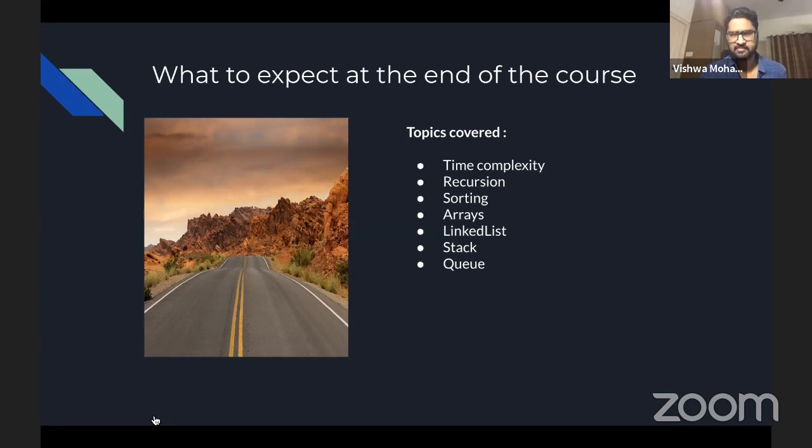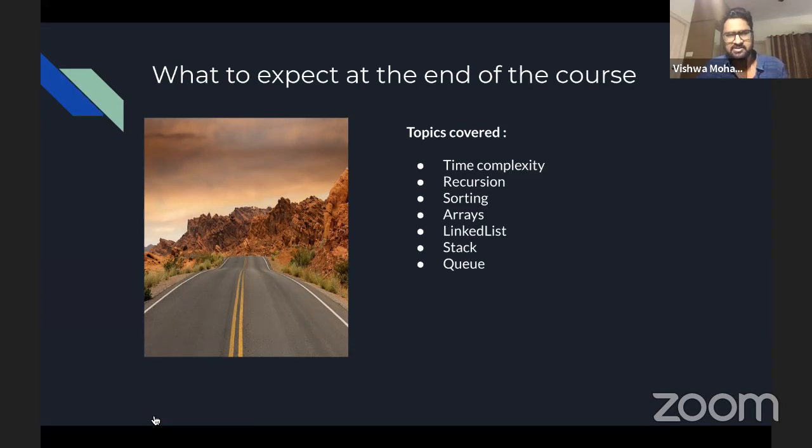Then we'll move to recursion. Again, recursion is important in each and every part of data structures and algorithms. People take it very much for granted, but recursion itself is so strong that if you understand it fully, topics like dynamic programming, which most people feel is very tough, the chapters like graph, the chapters like tree, or any other chapter, including sorting algorithms, linked list, stack, queue, everywhere you will find the application of recursion. It is such a huge concept, so we'll try to set things right. Once we complete time complexity, the next thing we'll cover is recursion.